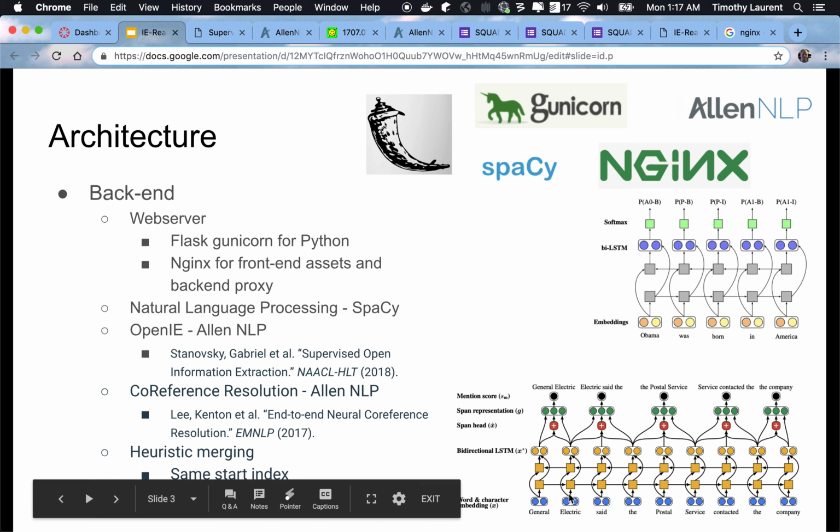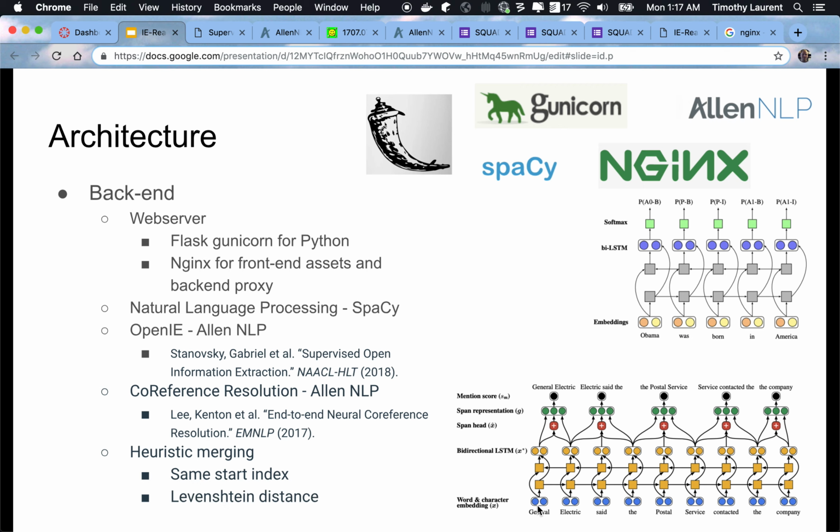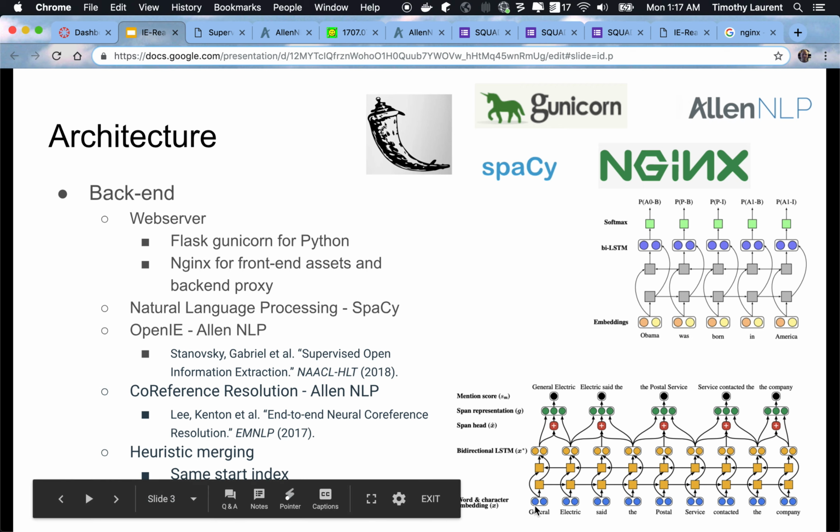And with this approach, they combine a word and character embedding for each word, and then use a bidirectional LSTM with an attention mechanism to create a mention score for each span representation. They then have another feed-forward neural network, not shown here,